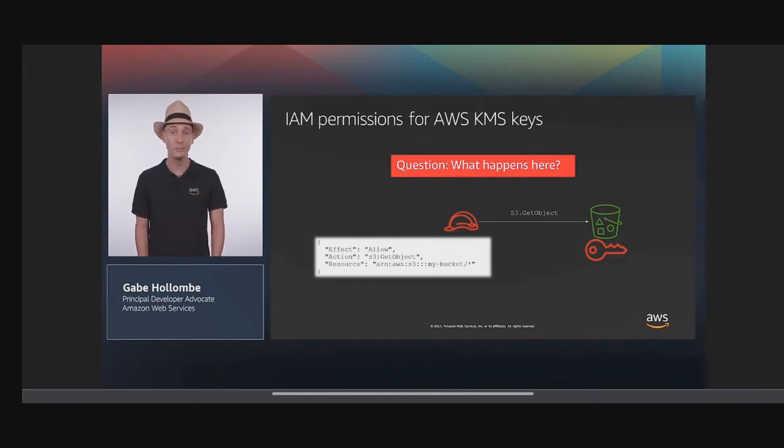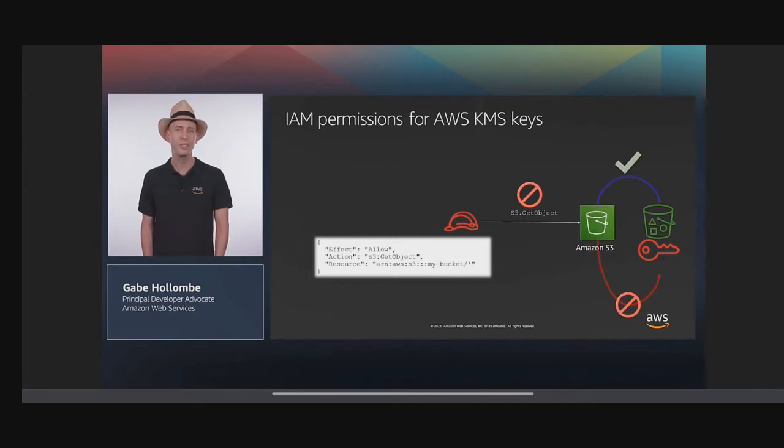Well, let's assume that the identity accessing the data has this policy associated with it. What happens? Do you think this policy is enough? Well, it turns out that no, it's not enough. While this policy does grant access to the objects in the bucket, if those objects were encrypted with KMS, then they won't come back from S3 unless the user has permission to have S3 use the KMS key to decrypt